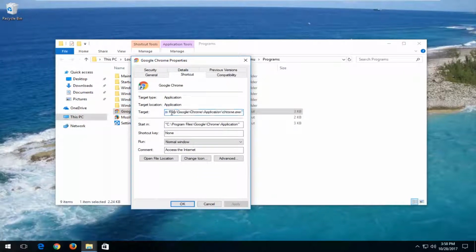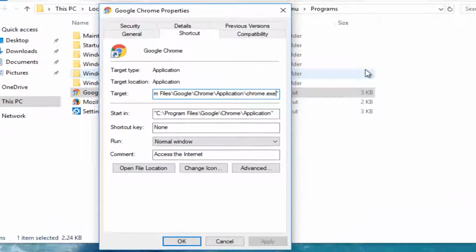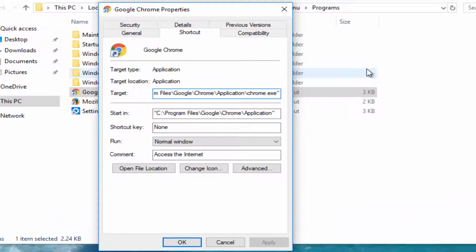Now underneath target, or at least in the target field, you want to go all the way over to where it says chrome.exe and then that end quotation mark. You want to do a space. So I know it's kind of hard to tell, but there's a space right now in between the blinking cursor and the end quotation mark. And you want to type in -no